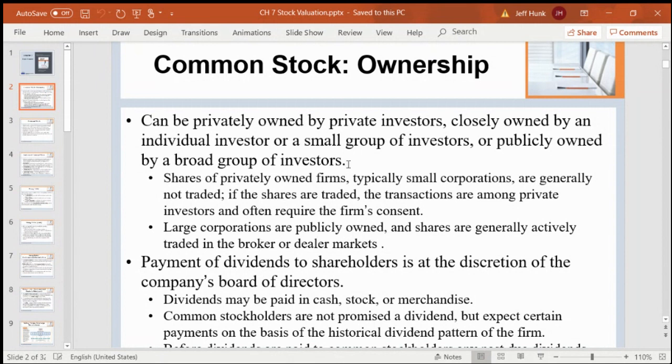So most large corporations are, as I said, listed in the stock exchange, and they are traded in the stock market. And when I say they are traded in the stock market, that means the secondary market. So what's the secondary market? I probably mentioned this before somewhere along the way, but